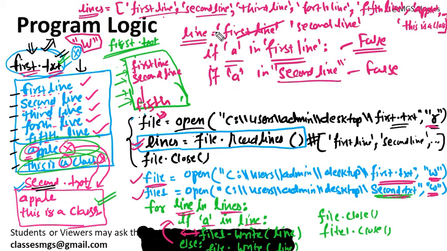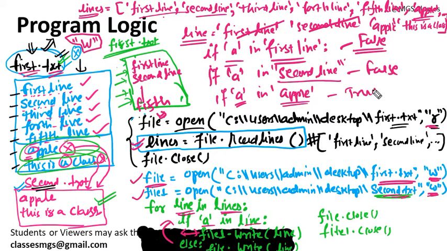Now let's come to the sixth line. The sixth line is apple. So apple will be the value in the line variable. Now, if a in apple, this condition will be true this time, because the a character is present in the apple string, so it will return true. If it returns true, then the file1.write line will be executed. That means file1 is pointing to second.txt. So this time second.txt will be written with this apple keyword. This line apple will be written in second.txt.